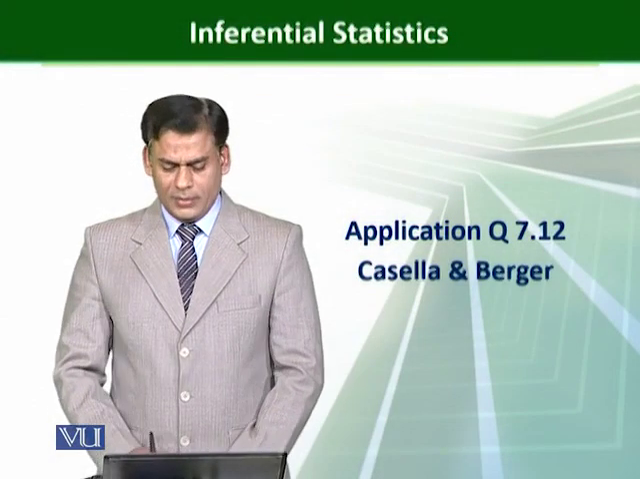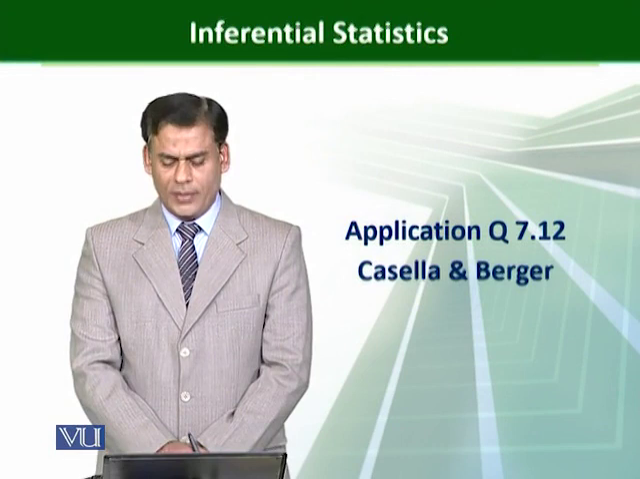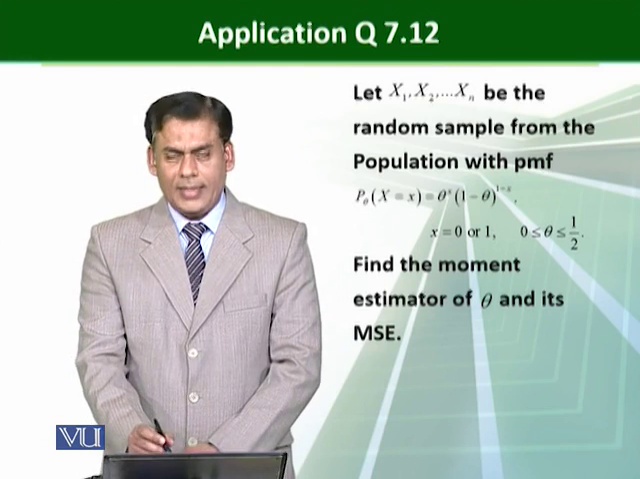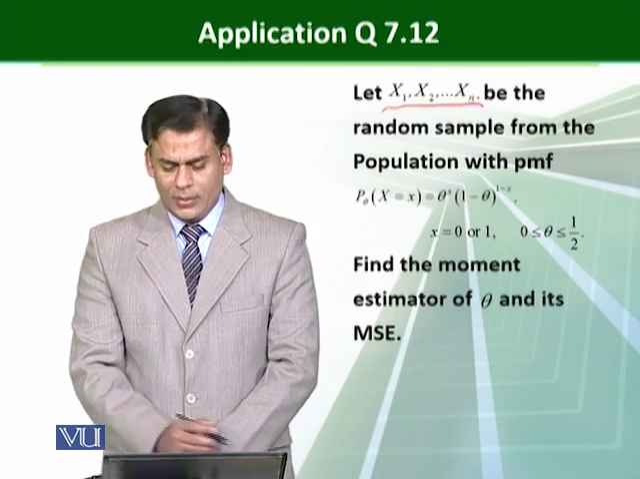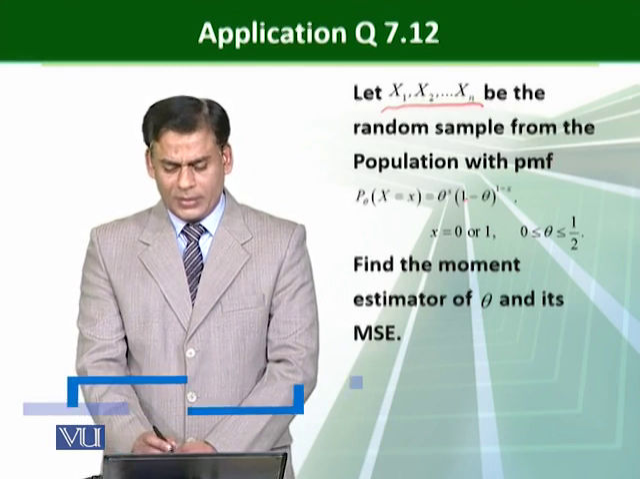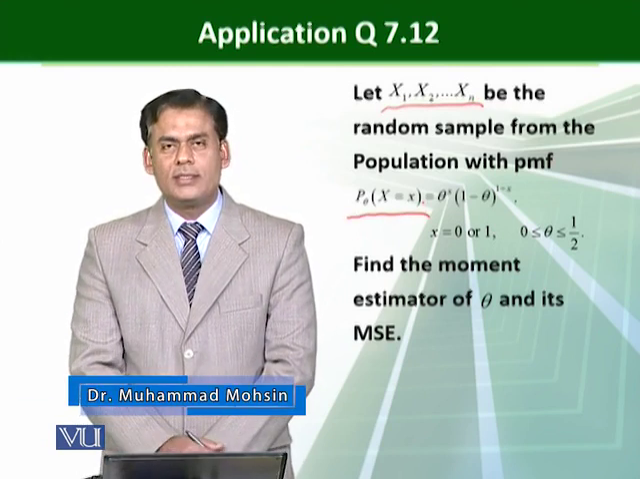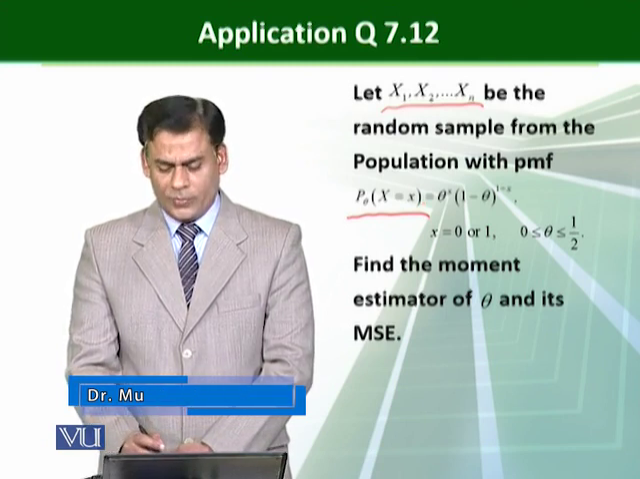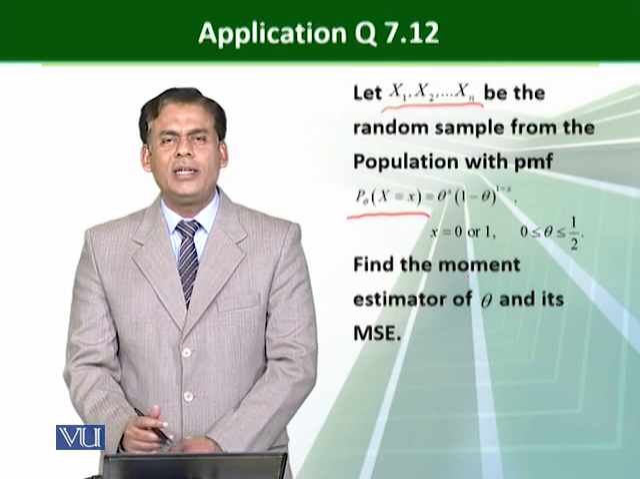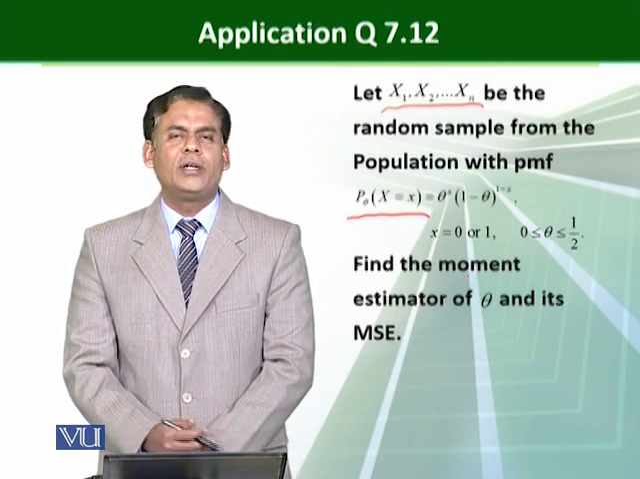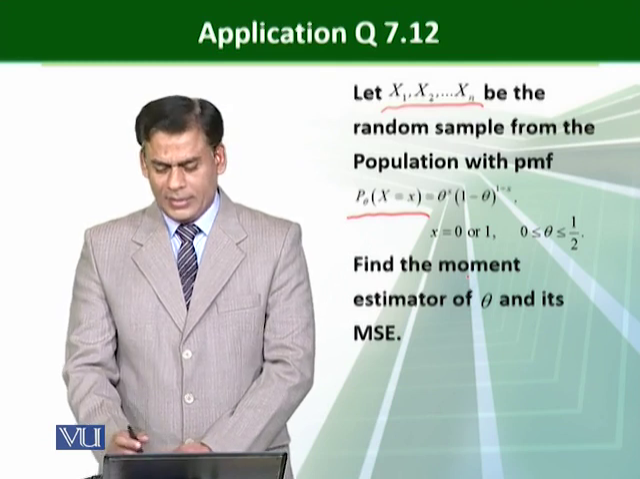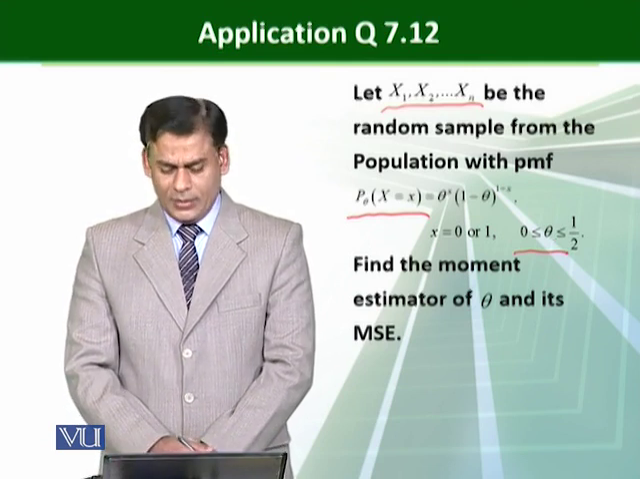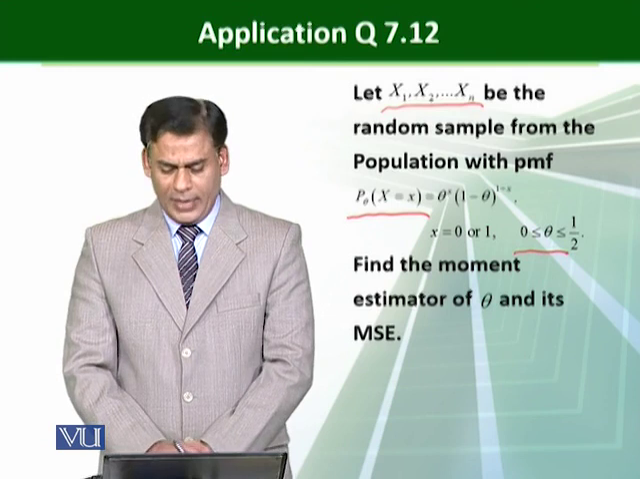We take another example, that is question number 7.12 from the Casella and Berger book. The statement is: let X1, X2, up to Xn be a random sample from the population having the probability mass function p(x) = theta raised to power x into (1 minus theta) raised to power (1 minus x), where x is 0 or 1. From here one can easily visualize that this is a Bernoulli probability mass function, and theta ranges from 0 to 0.5. Our goal is to find the moment estimator of theta and its MSE,